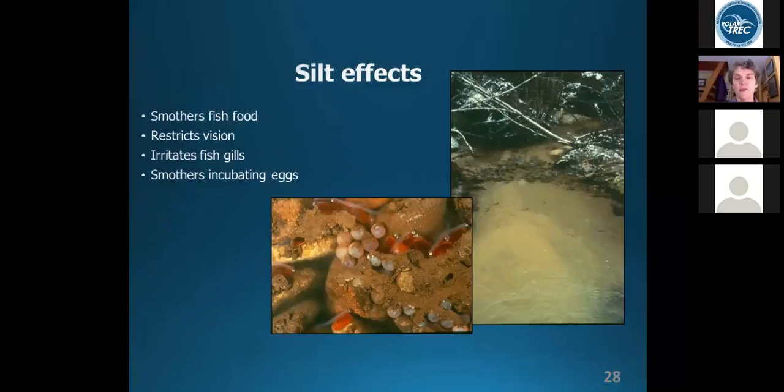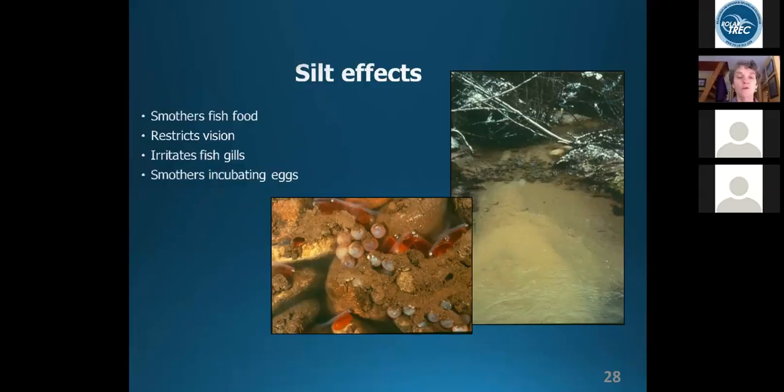So the effects of silt, it's one of the most dangerous things you can do to salmon. It seems so innocent, but it really isn't. One of the issues is if there's siltation in an area where a salmon spawns, the silt can actually weld the gravels together and either prevent the small fry from emerging from the redd, or the nest,